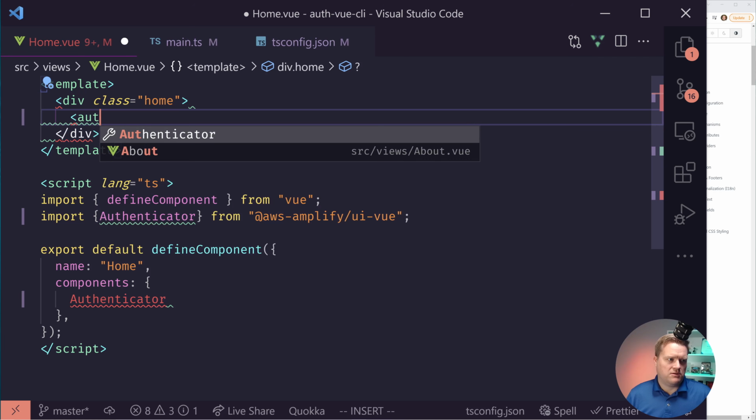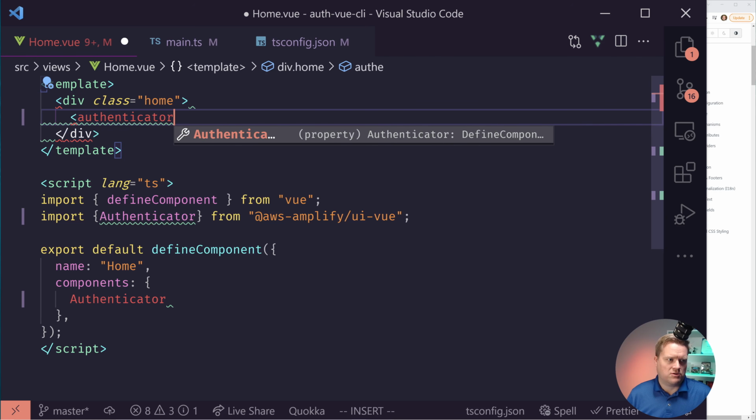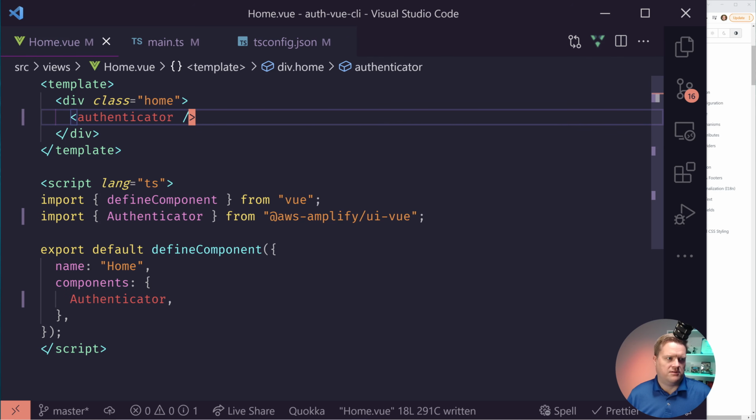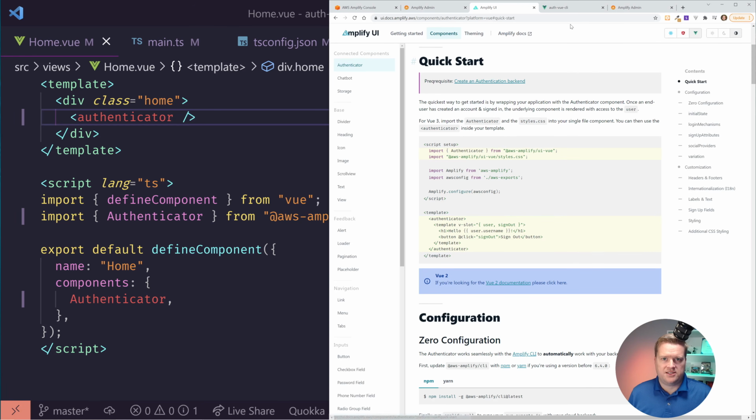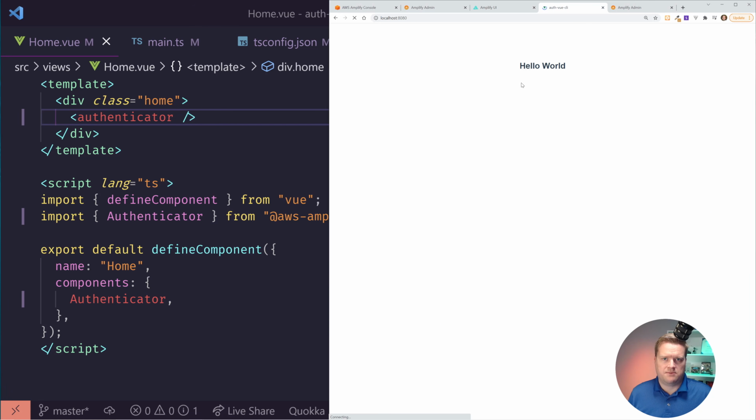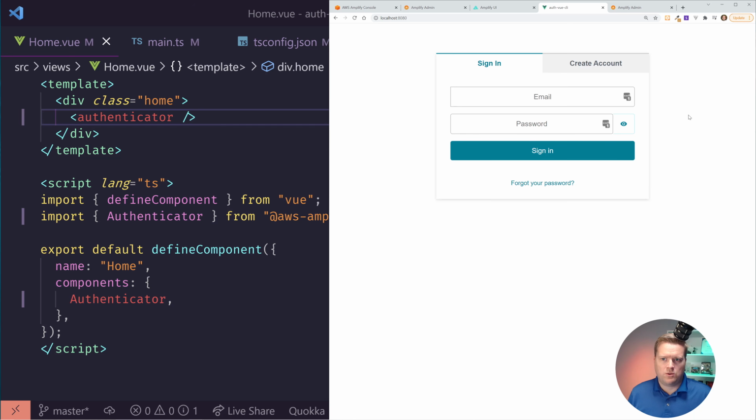And this is one thing with Vue, you can have it uppercase or lowercase. So I'm going to have it lowercase and just make sure it shows up. And if I did this all correctly, it should show up here. So I'm going to refresh. Cool, here it is. Here is the app